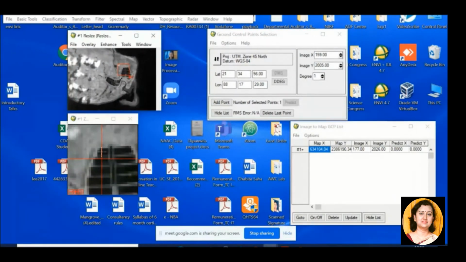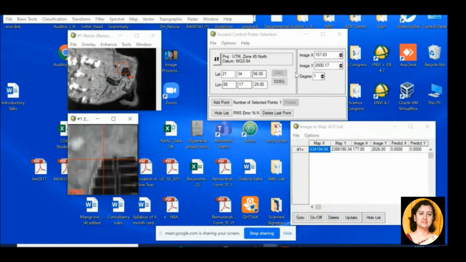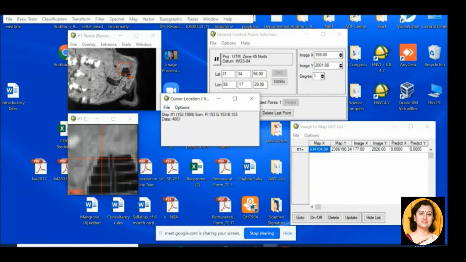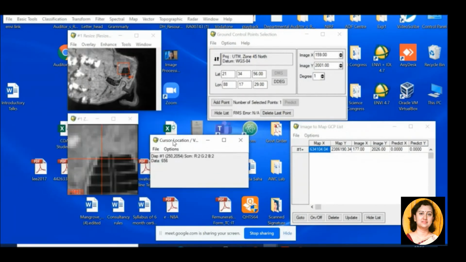Now the second GCP, let us locate it over here. Let us try to make it as accurate as possible. On the image, this is 147 and 2000. If you double click on the image, you can see the cursor location, 174.1997.